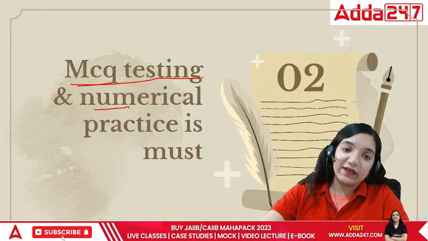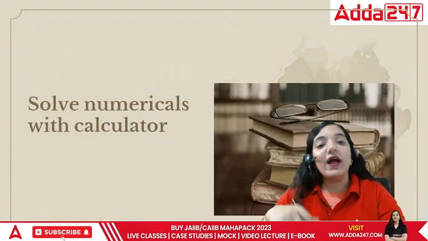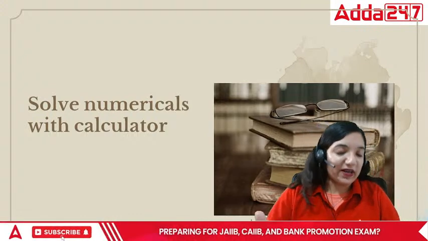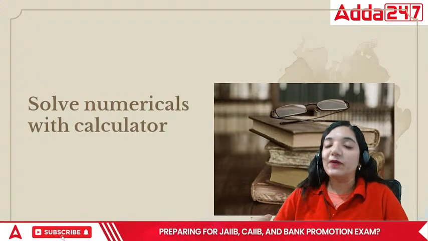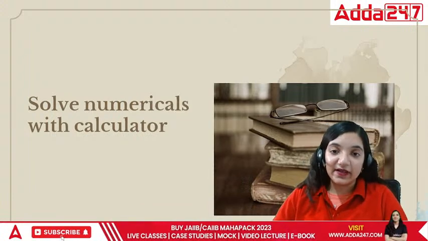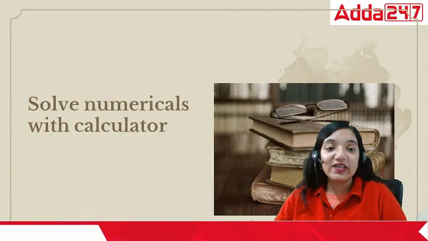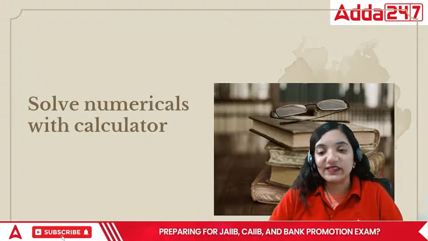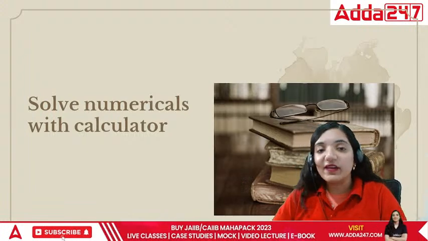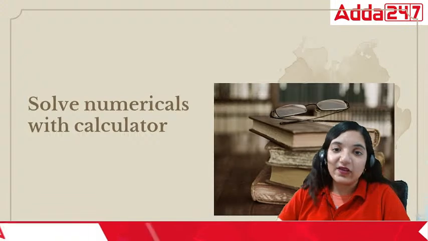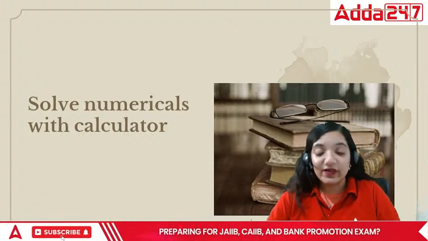But how do we practice the numericals? You need to start using the system calculators and practice on them, because in terms of capital budgeting, it is required. In terms of interest and annuities, it is required. When it comes to cube, 4 times, 5 times, right? So if you can save your time and do it on the system itself, you should not be reluctant. One of the most important things is you should solve the numericals with a proper calculator.